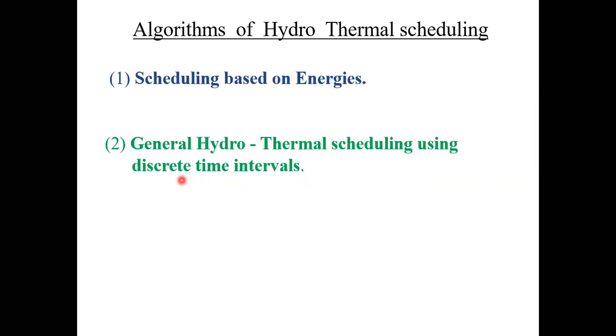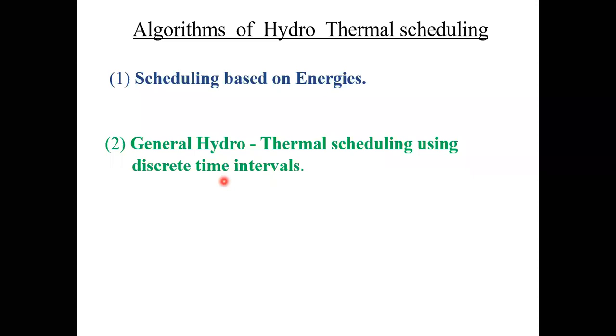The reason here is that when you are considering a continuous time interval, we cannot solve the same problem by using a computer. So that's why we are going to take sub intervals. For example, let's consider 1 month. How can you divide that 1 month into equal parts, into a number of days? If we consider 30 days in a month, we need to divide that 1 month into 30 equal intervals of time.